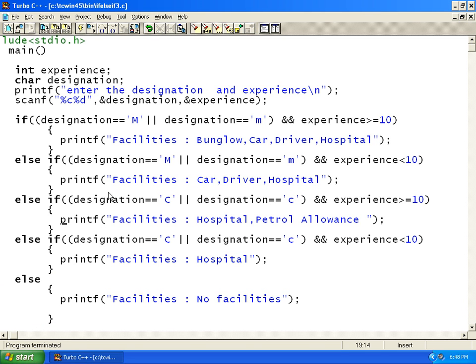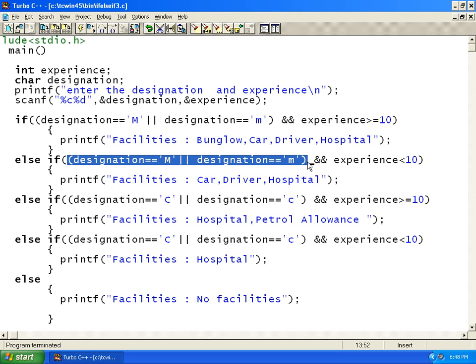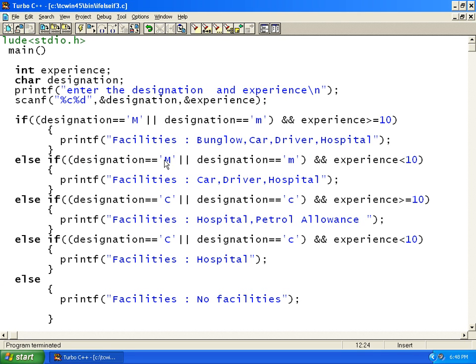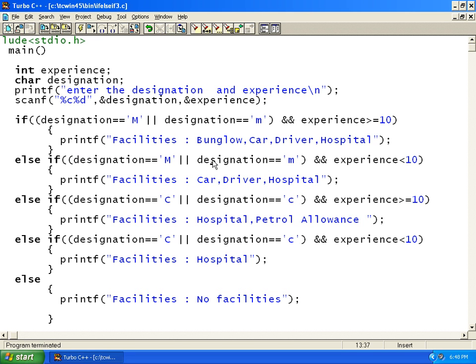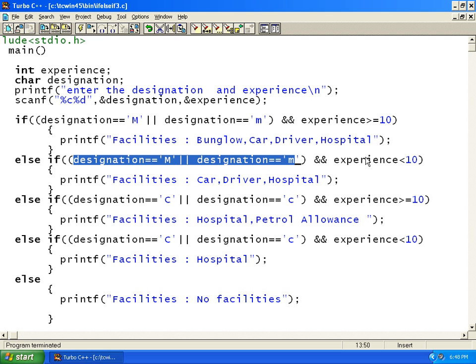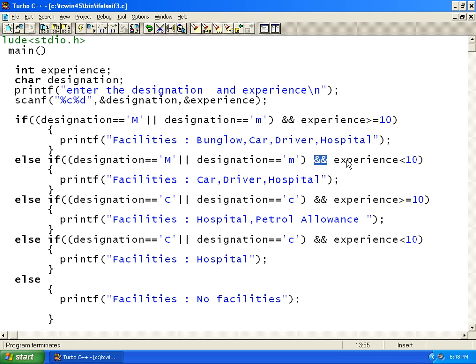Again, you have to observe one more thing. I have used a bracket here. So this is the precedence of operation. So this executes first. So either it checks for a small m or capital M. So this is a separate execution first. And if one of them is true, it gives true. If both of them are false, this operation gives false. After that, this result is ANDed with this result, whether the experience.